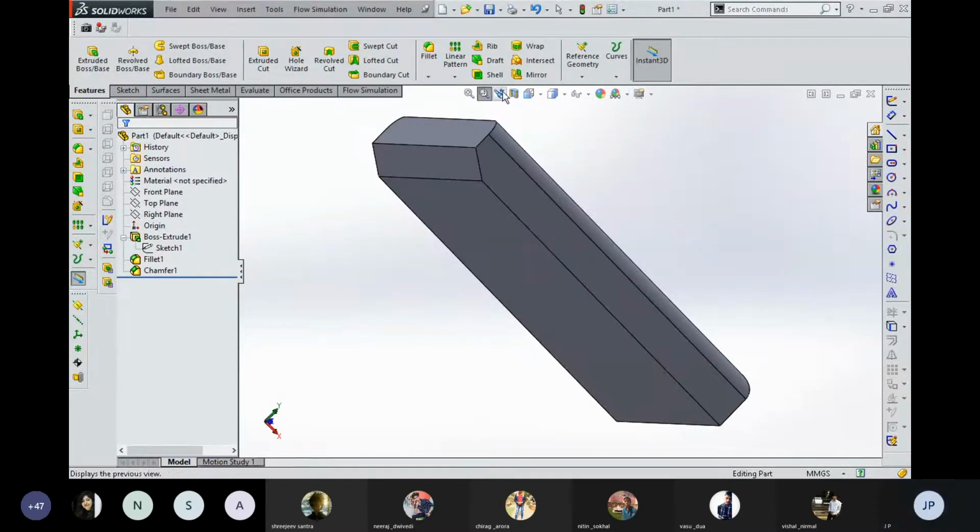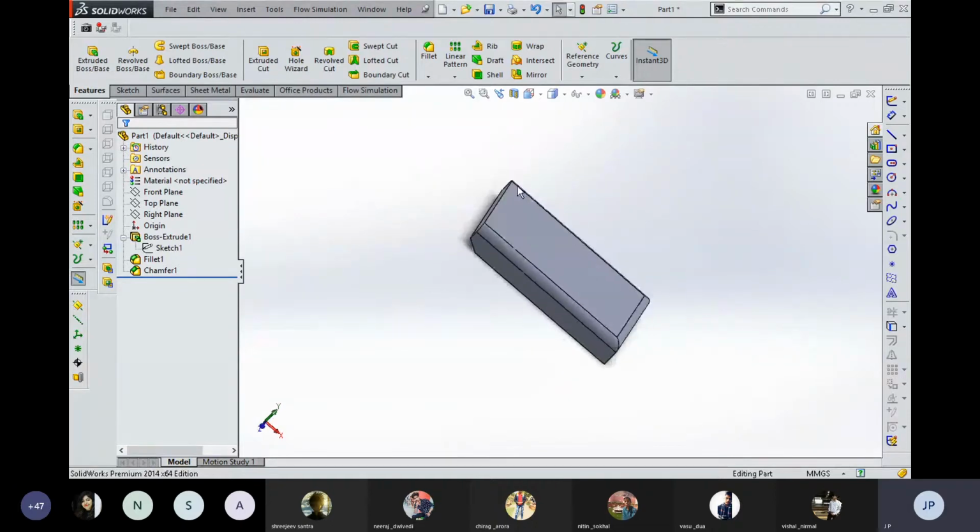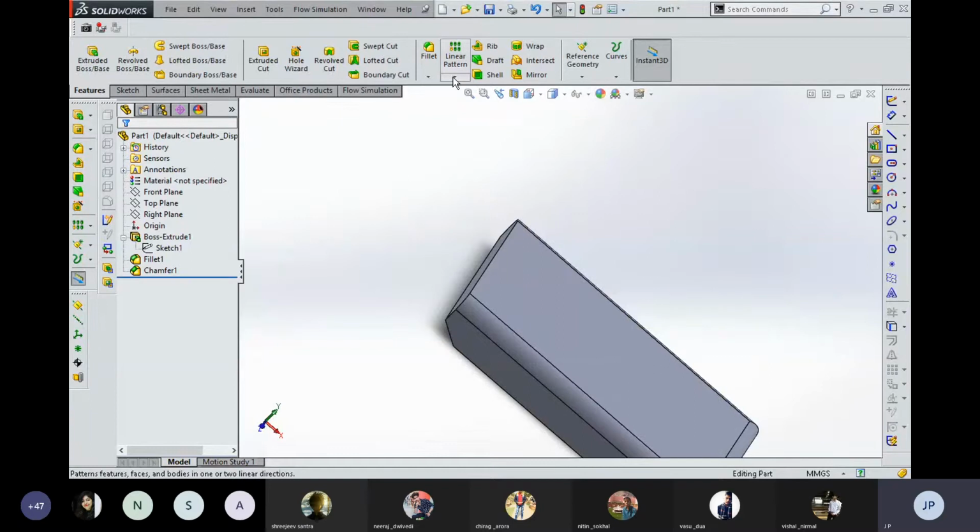Okay, and this is a section cut, which is required while seeing the inside section of a component. I actually covered all these tools in earlier classes, I'm just reminding. Right now I'm going to use the second modifying tool, that is pattern.